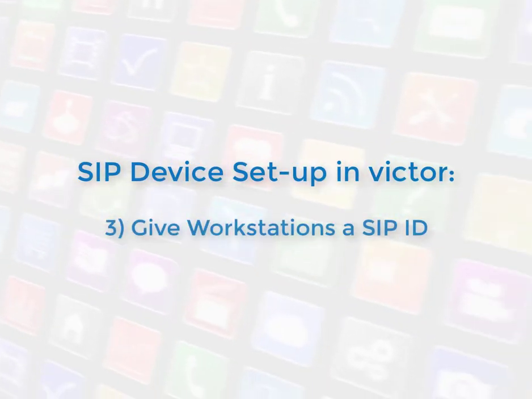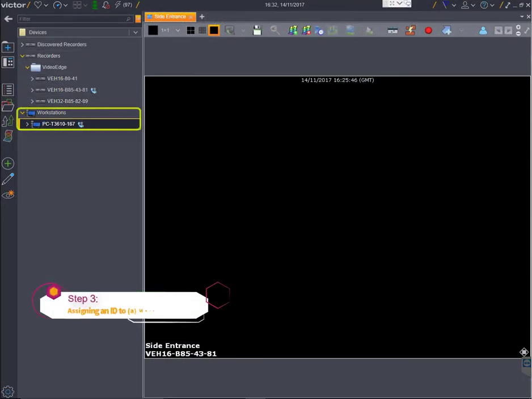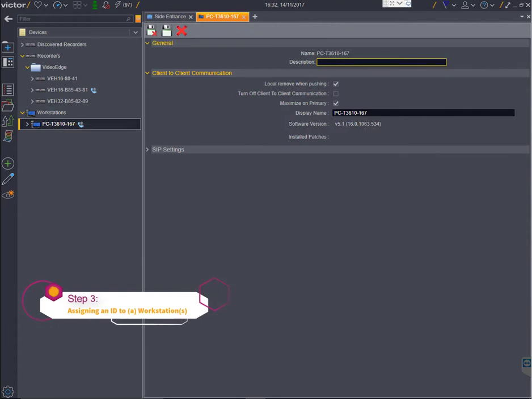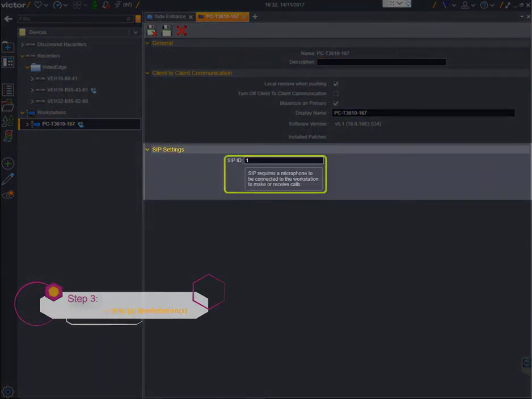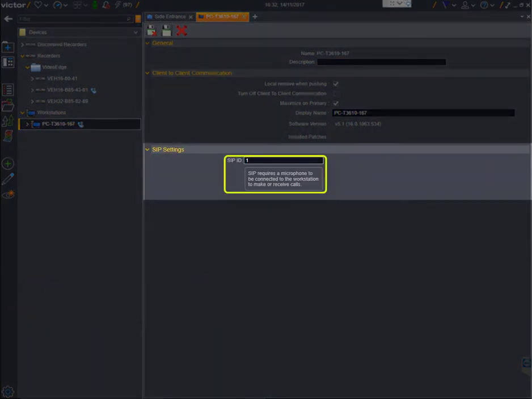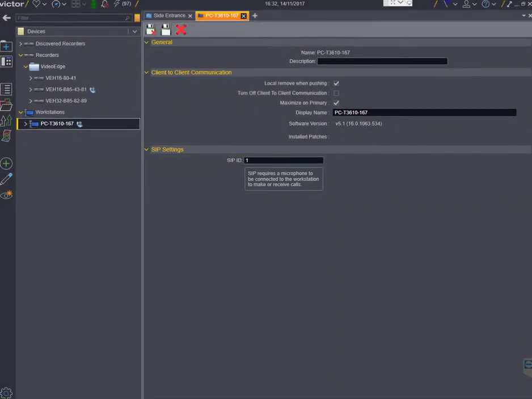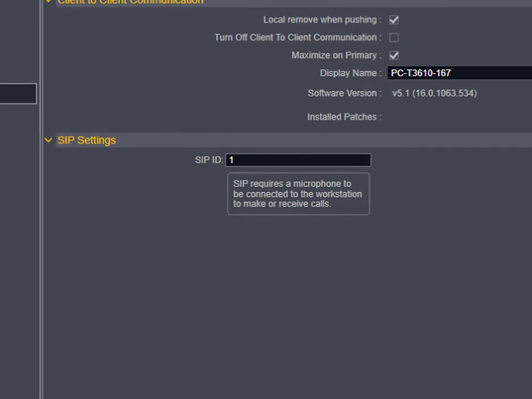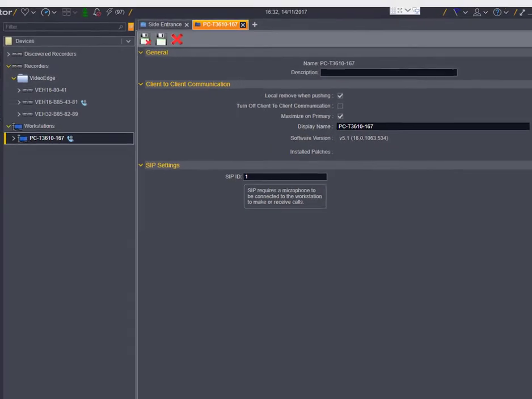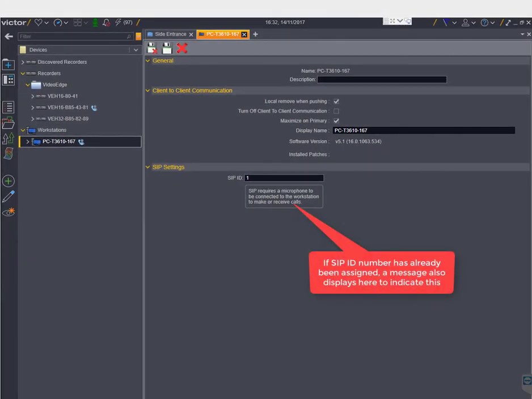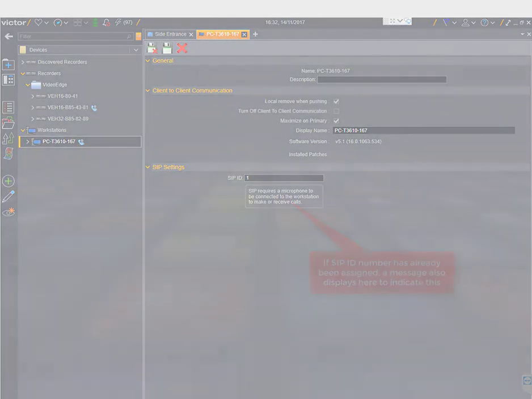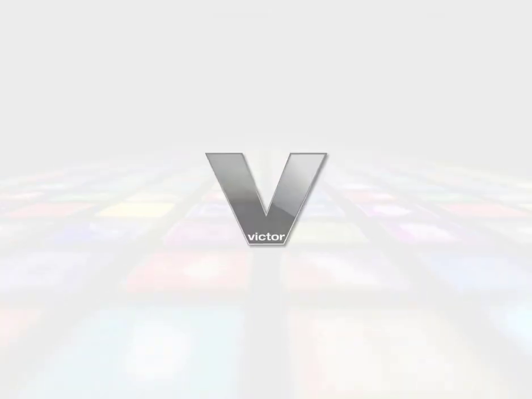Next, give each applicable workstation a SIP ID. Right-click the station and select Edit from the resultant context menu. Then go to SIP Settings and give each workstation a unique SIP ID number. Note that if a particular ID has already been assigned, the box will clear and display a red border. Note that this SIP ID is an arbitrary value and doesn't need to match up with any other numbers specified